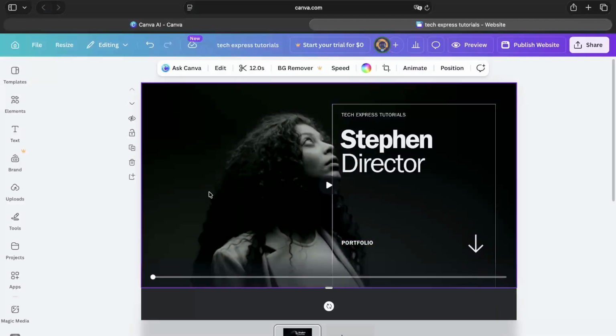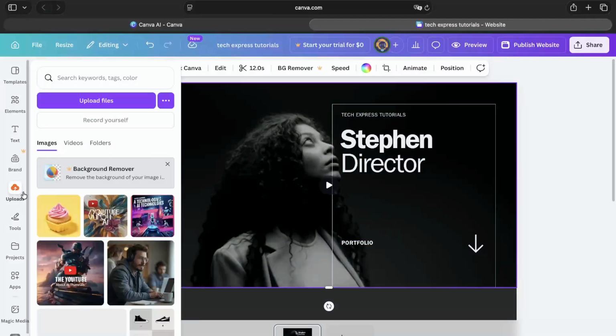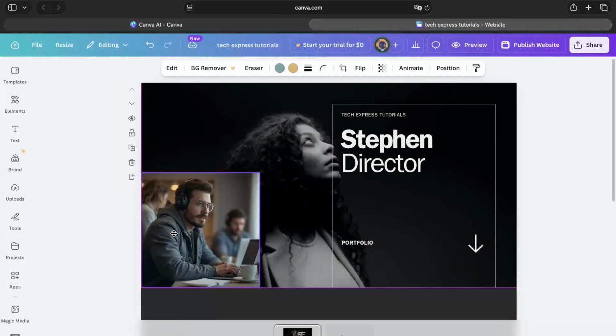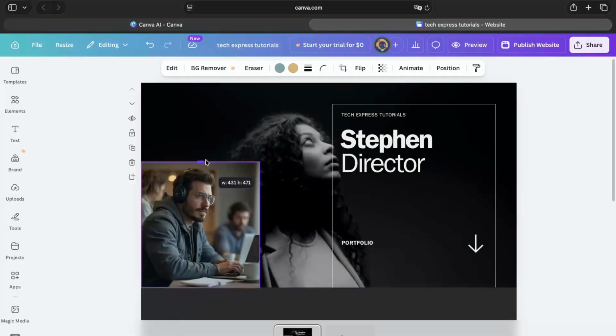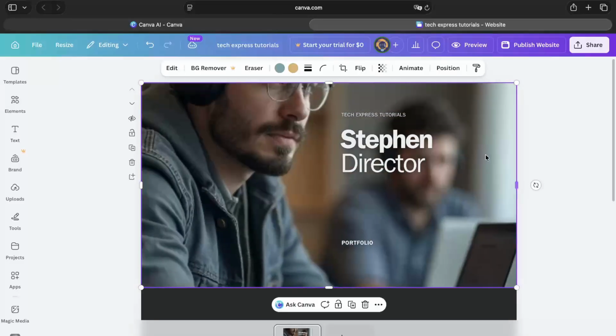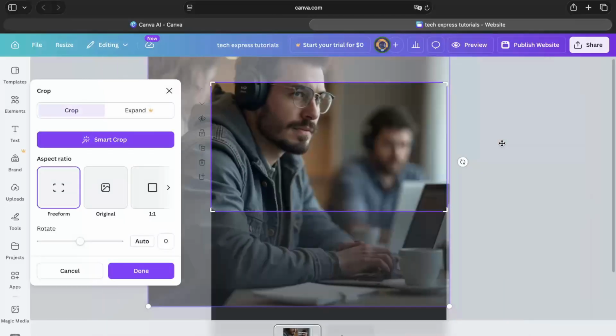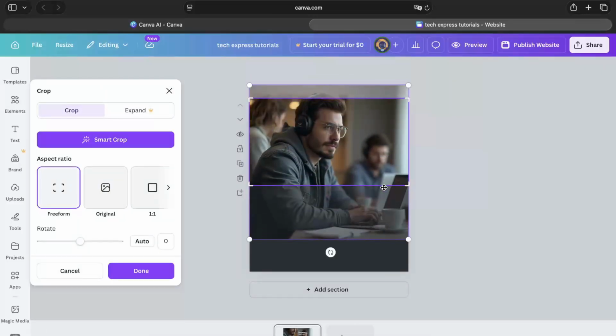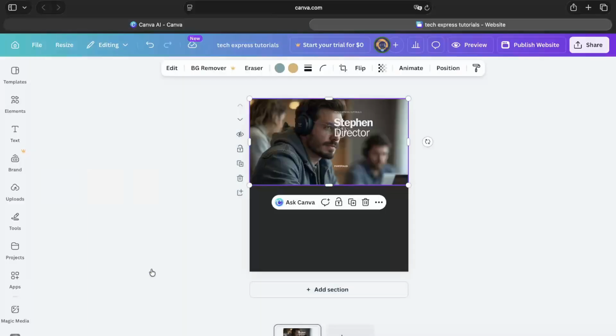And basically, what we can do is upload your own images. When you upload your own images, you can change the fact that this is now your actual portfolio. So you want to make this yours. Let's say that I double click directly on my image. I want to make this a little bit smaller, and I want to put it in the center like this, and I want to give them some